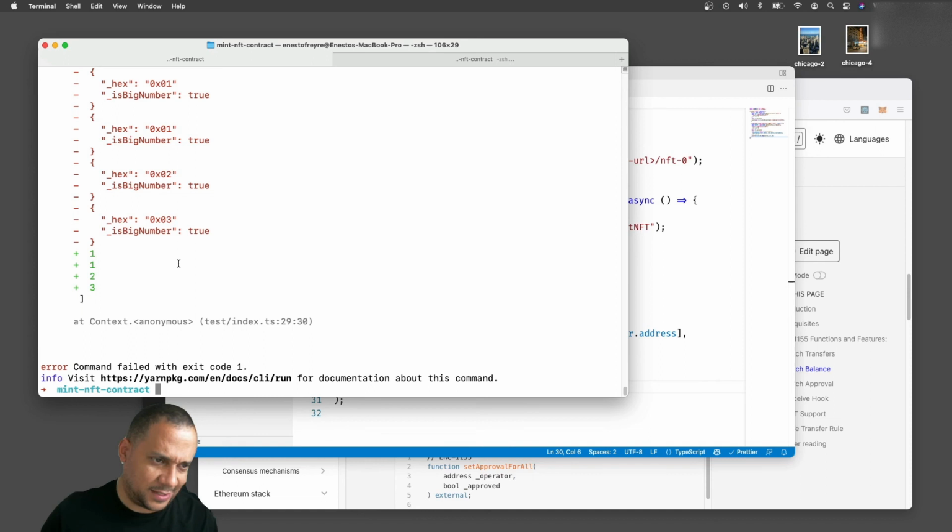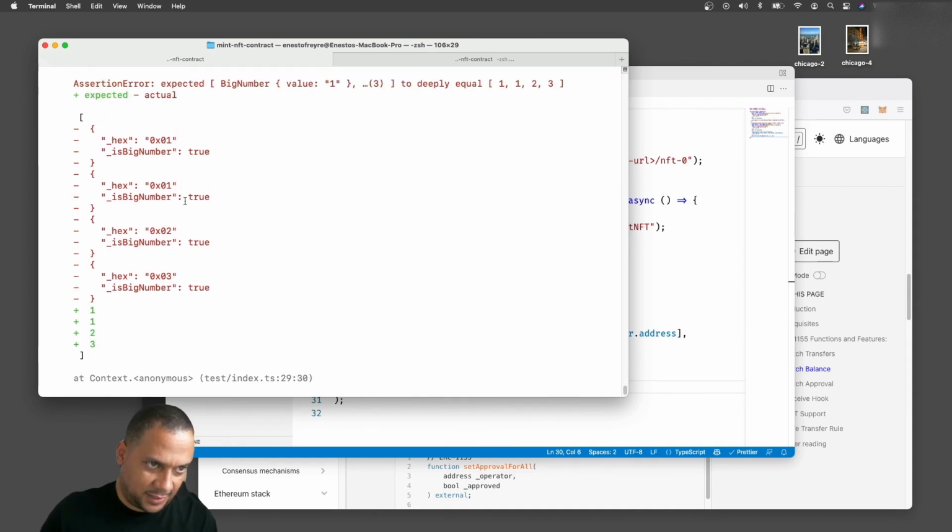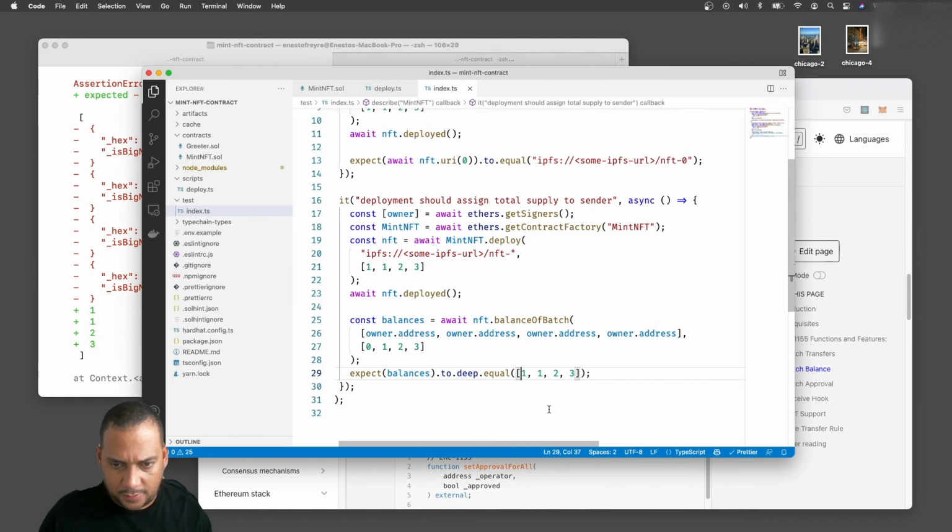Oh, right. Of course, we're getting big numbers. I guess we can use big numbers as well. So ethers big number. Do we have a big number in ethers? Yes. From.